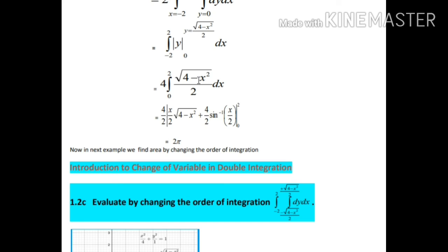and single integration formula under root a, you will use under root a square minus x square. You know that this is x by 2 under root a square minus x square plus a square by 2 sine inverse x by a, where a square is 4 and a is 2. So then apply your limits 0 to 2 as we proceeded in previous example. Apply upper limit, put x 2, and minus apply lower limit, put x 0. On simplification we get 2 pi.